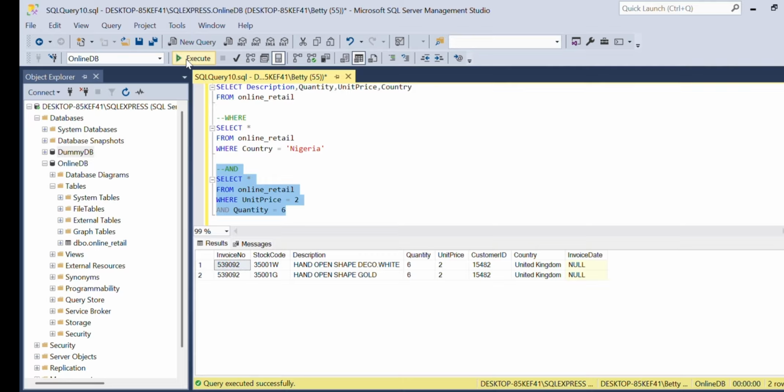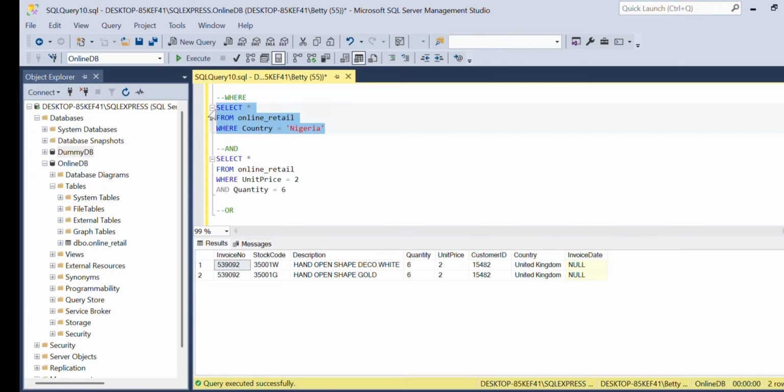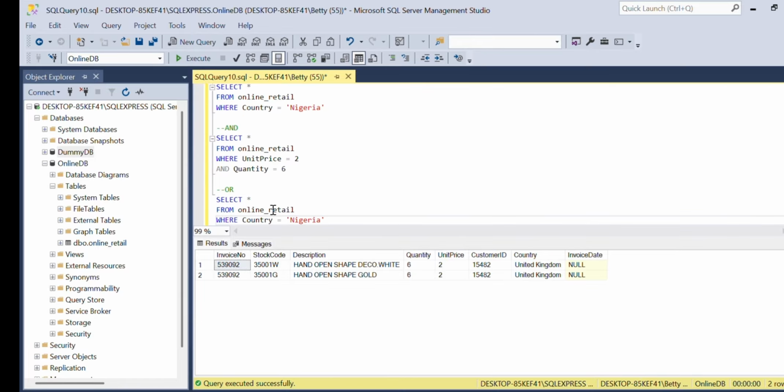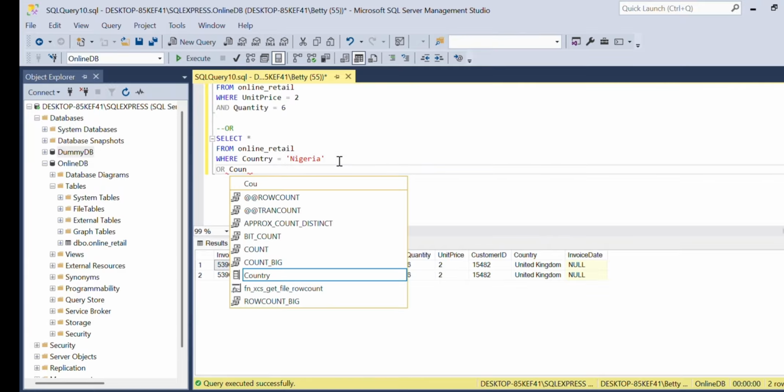So let's say now we are going to move on to the next filter mechanism in SQL called the OR function. Imagine I want to see information where the country is either Ghana or Nigeria. Let's write a query for that. Since we already have that in our where clause, I'm going to copy this and put it here, and I'm going to add OR to this statement. So OR country equals